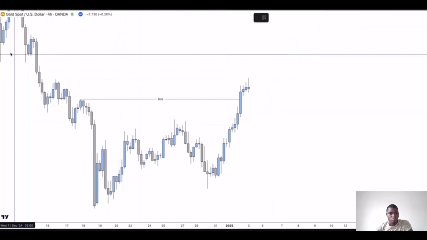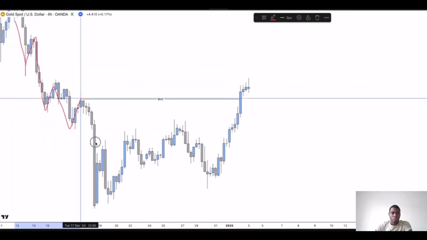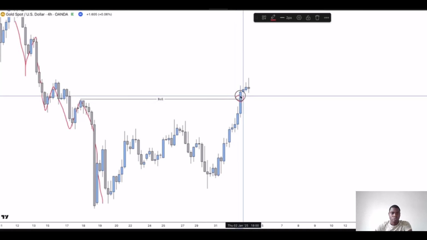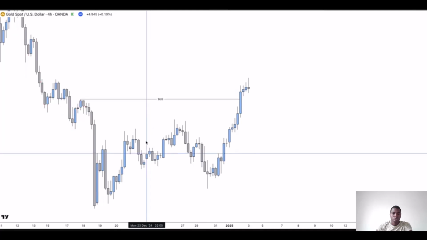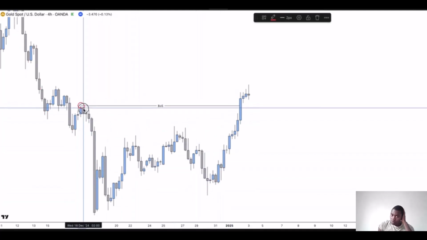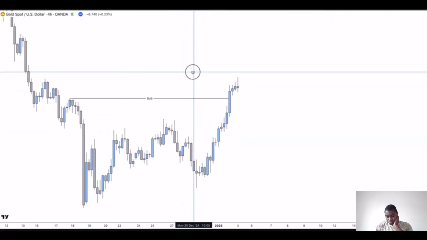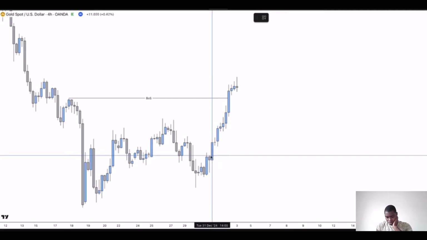So we can see the structure here has just shifted from bearish, with these lower lows and lower highs, into bullish with this break of structure, which pushed us over the previous lower high. Again, all of this down here is internal structure, so the break doesn't take place until this high goes. Now, with the market pushing into an uptrend, our obvious next move is going to be looking for a buy